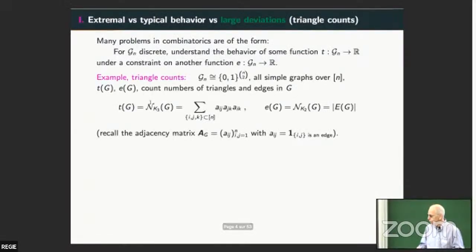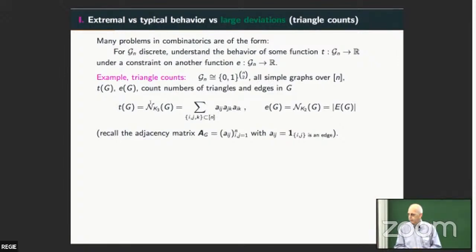So the example we will look at will be specifically counting triangles. The set Gn will consist of all simple graphs of size n. You can model them as a long binary vector with zeros or ones, zeros when you don't have an edge and one when you have an edge. And the length of the vector will be n choose 2, which is the number of edges you can form